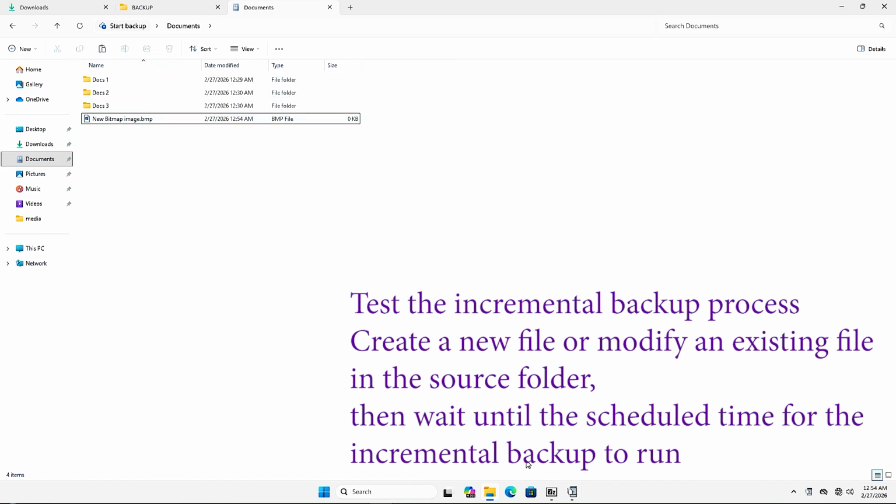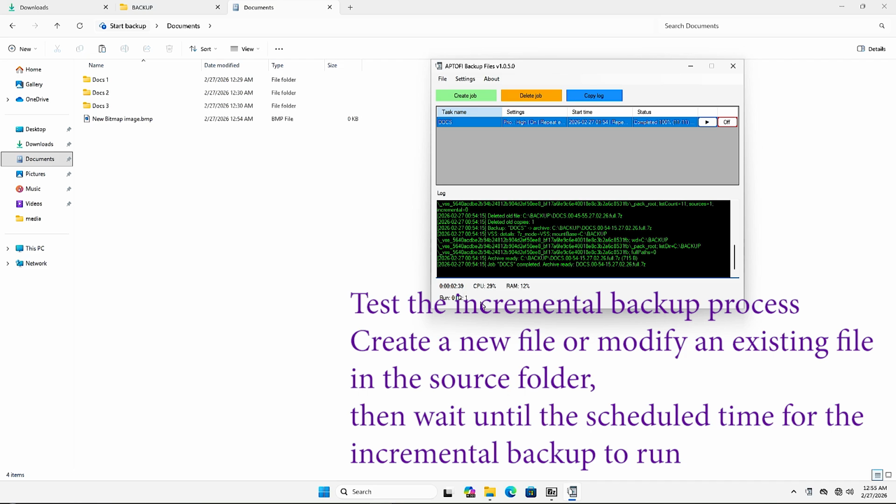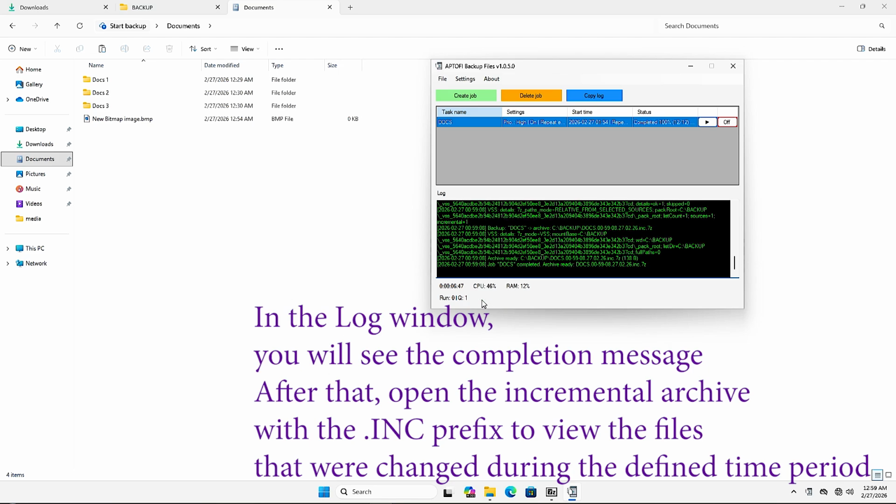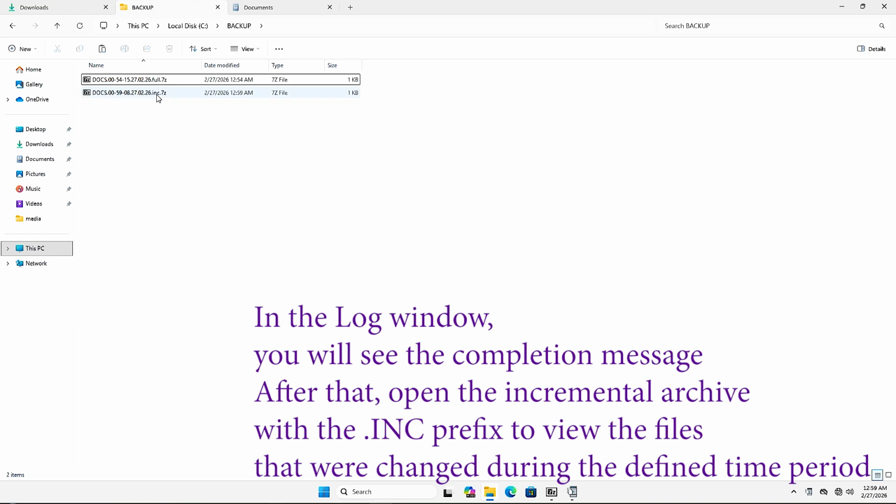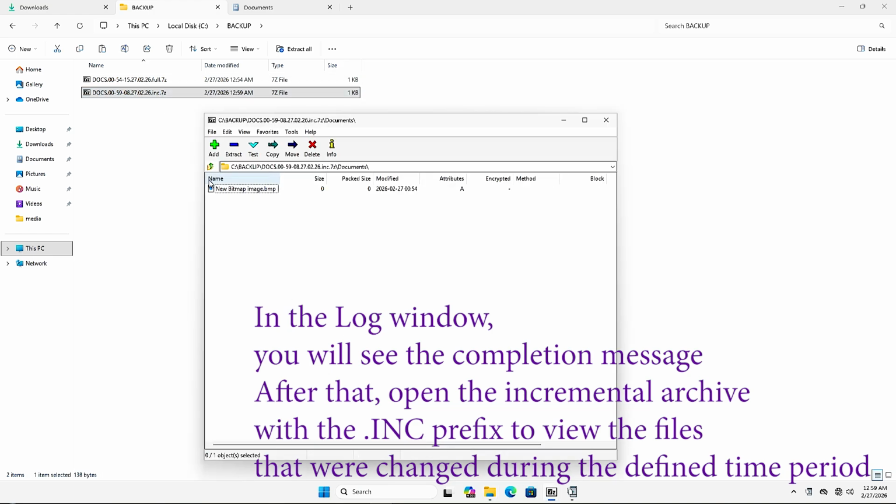Create a new file or modify an existing file in the source folder. Then wait until the scheduled time for the incremental backup to run. In the log window, you will see the completion message. After that, open the incremental archive with the .inc prefix to view the files that were changed during the defined